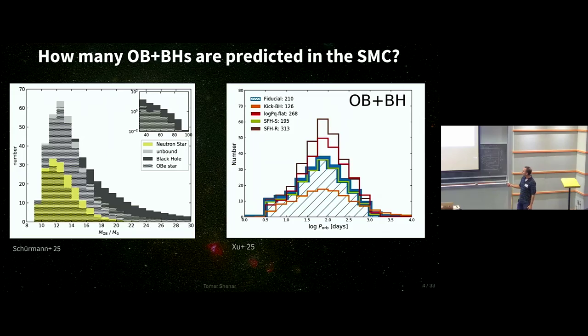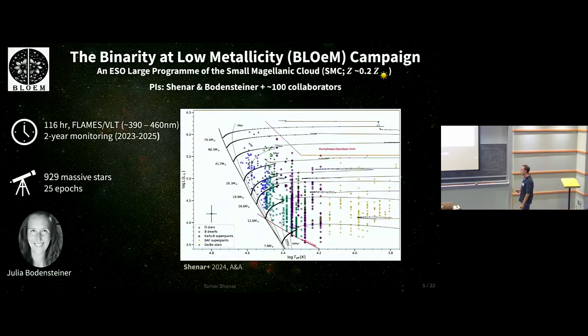Detailed models as well as population syntheses predict that those black holes should be there at least around massive stars. So the important assumption in these models, I would say, is that they assume that there is negligible or even 0 kick for these black holes. If you do assume that, you might expect 150 to 200 OB plus black hole binaries to reside in this galaxy. So this is one of the many questions that we had.